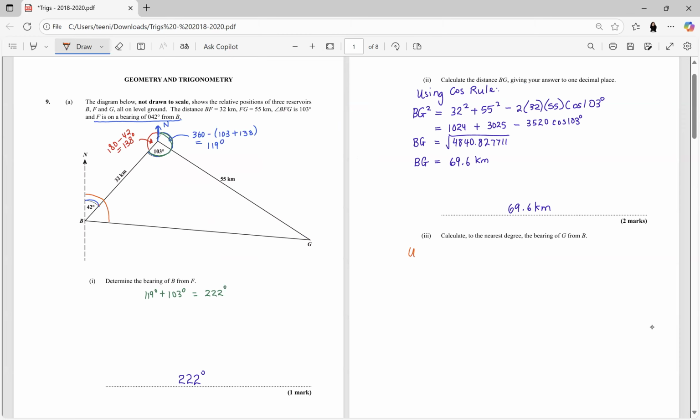I'll zoom back out just now, guys. Using the sine rule, side B, which would be the side opposite angle B, so this would be the side B here, that's 55, over the sine of angle B, which is what I'm trying to find, is equal to